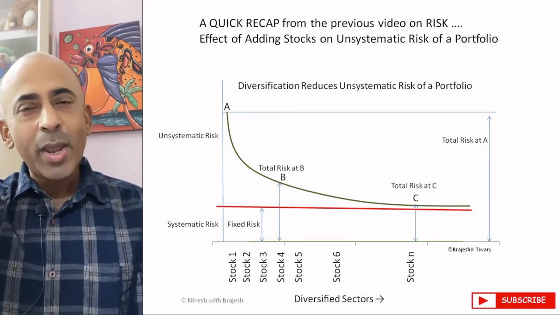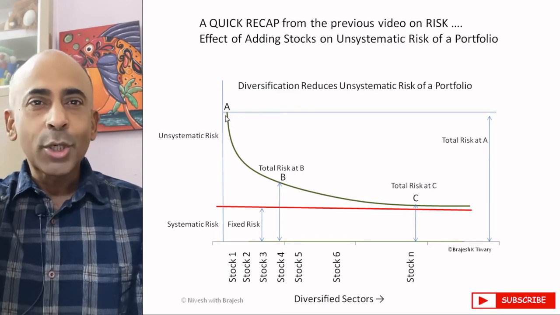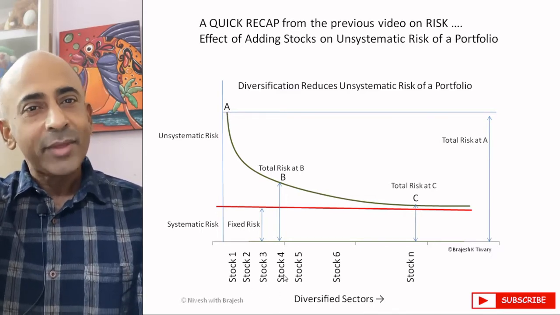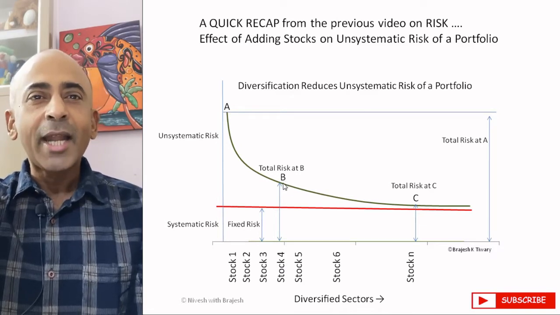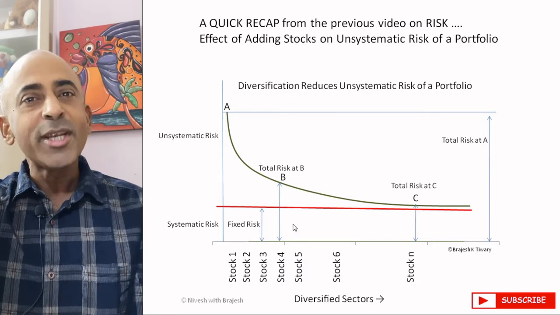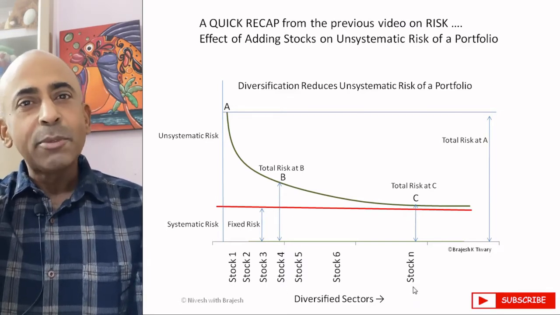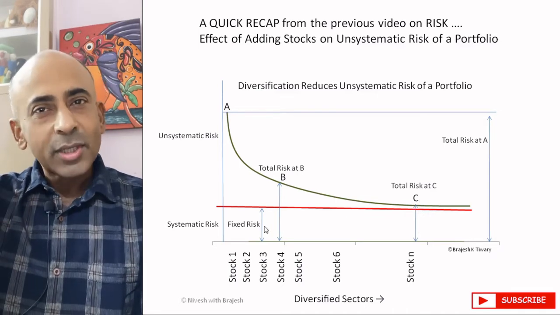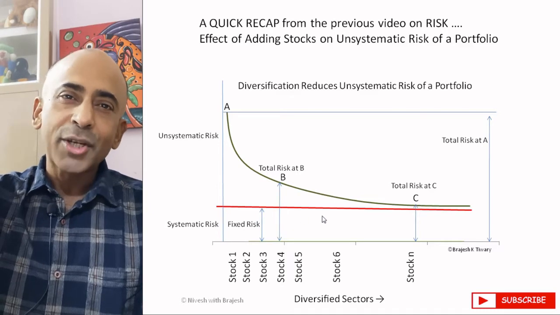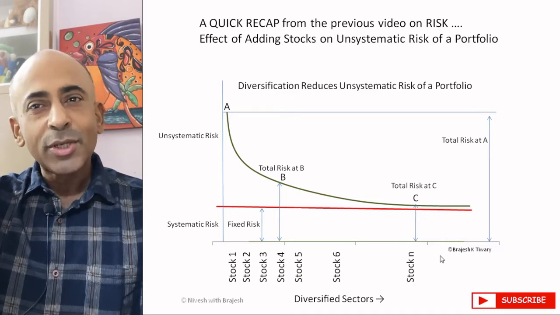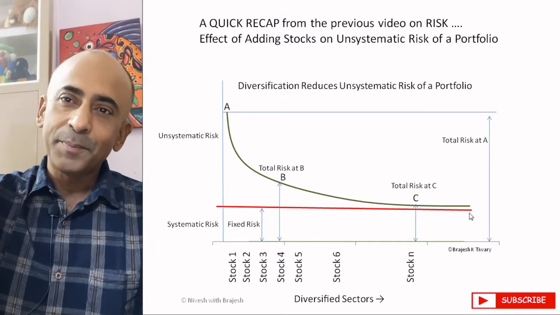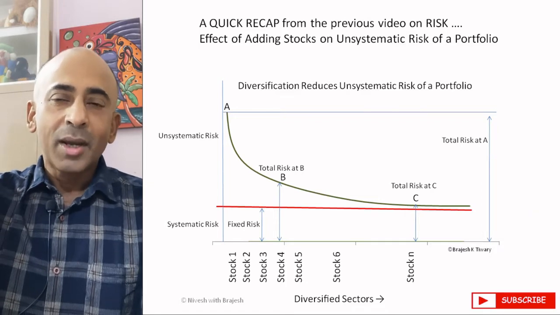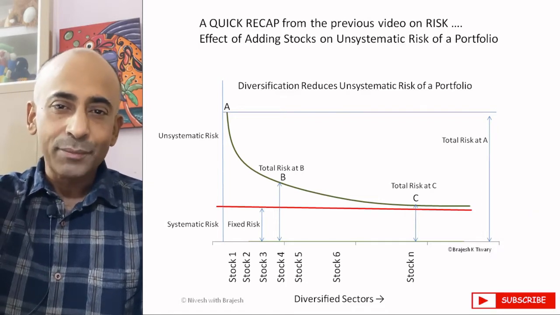The graph shows that when only one stock existed in the portfolio, the total risk of the portfolio was at point A. Then on addition of stocks to the portfolio, the unsystematic risk starts reducing, and after adding 4 stocks to the portfolio, it comes down to point B. Finally, having added n number of stocks to the portfolio, the unsystematic risk comes down to point C. Though the systematic risk remained unaffected during the stock addition, that is, during a one-stock portfolio situation or a multiple stocks portfolio situation. Now let's see how it works, that is, how addition of stocks brings about a reduction in the unsystematic risk in a portfolio.